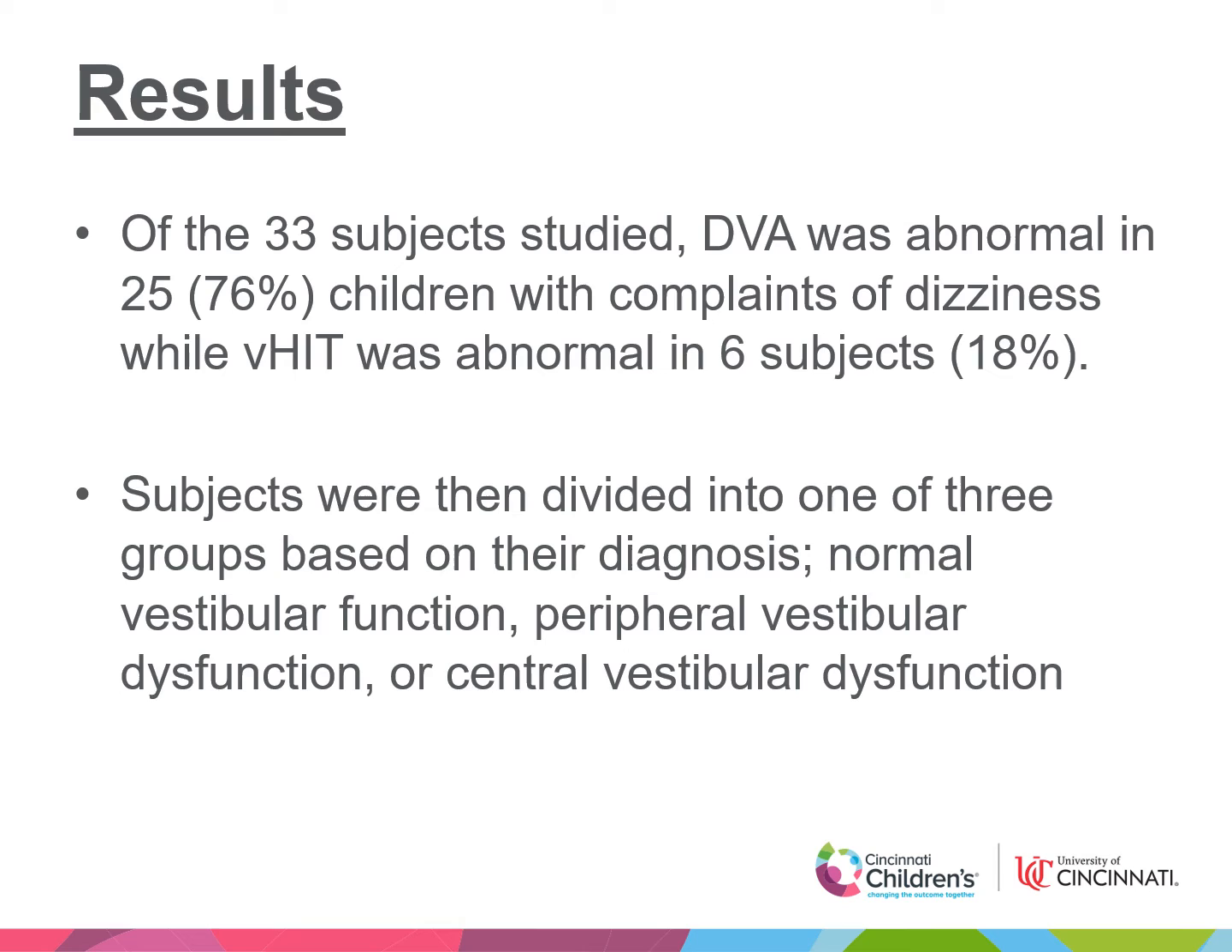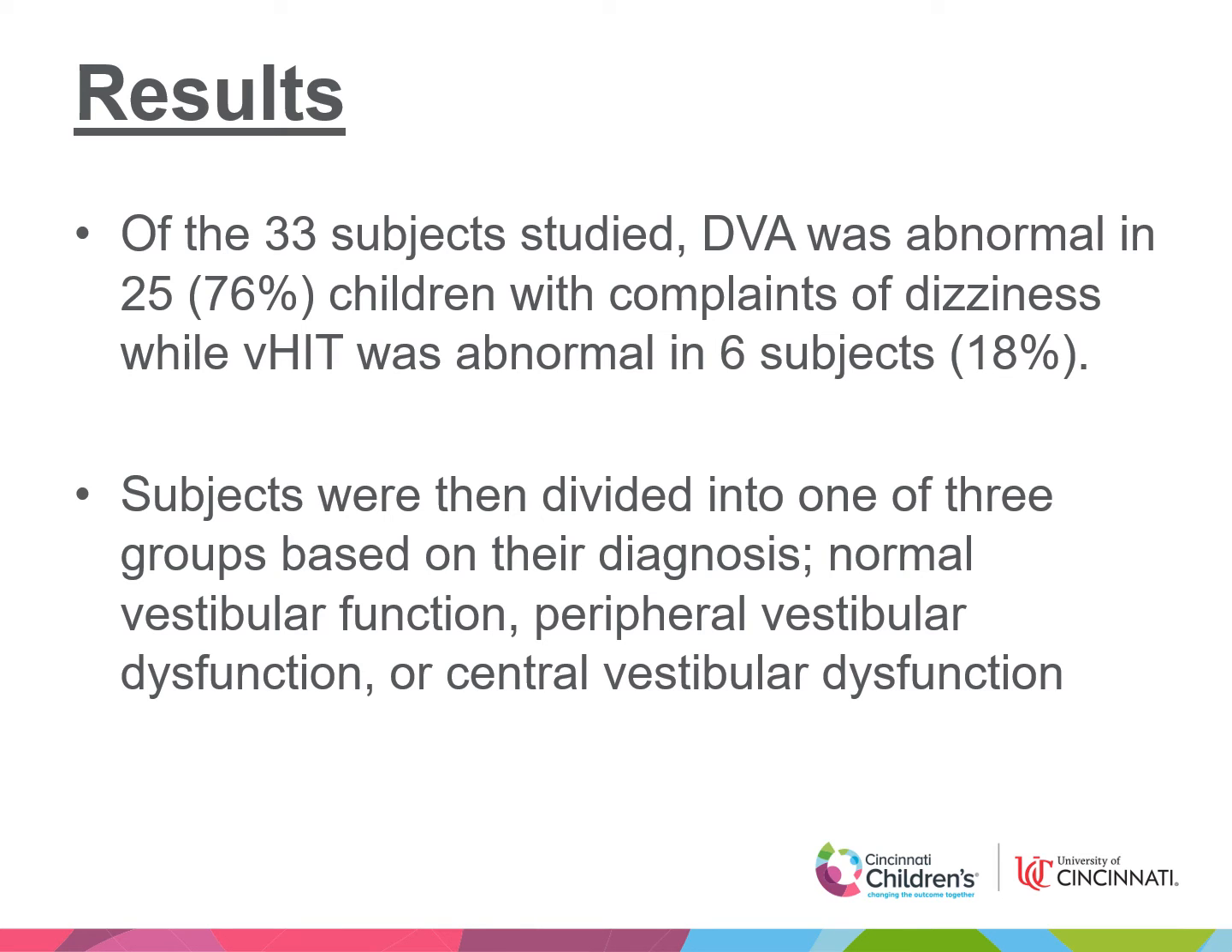Now moving forward with our results, we had a total of 33 subjects. Of the 33 subjects studied, DVA was abnormal in 25 of those subjects who had complaints of dizziness, while vHIT was abnormal in 6 of them. These subjects were then divided into one of 3 groups based on their diagnosis: normal vestibular function, peripheral vestibular dysfunction,